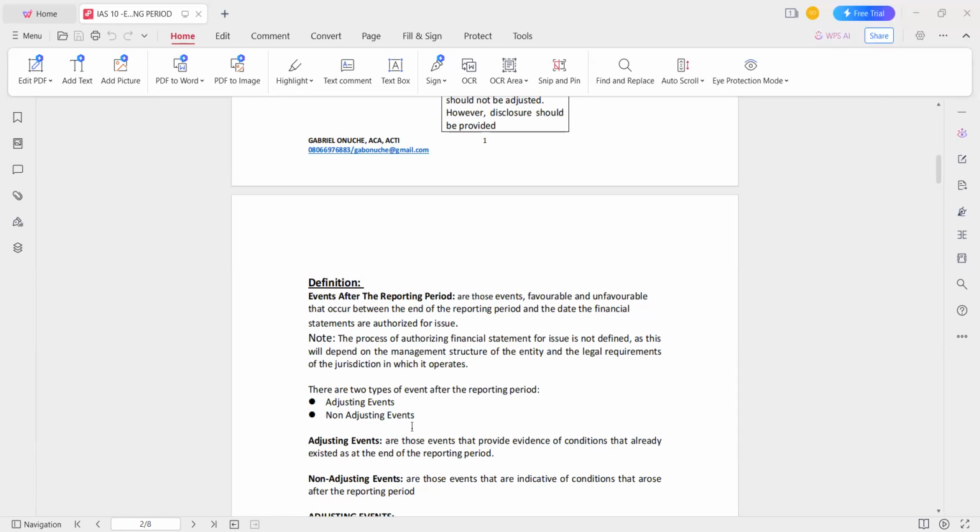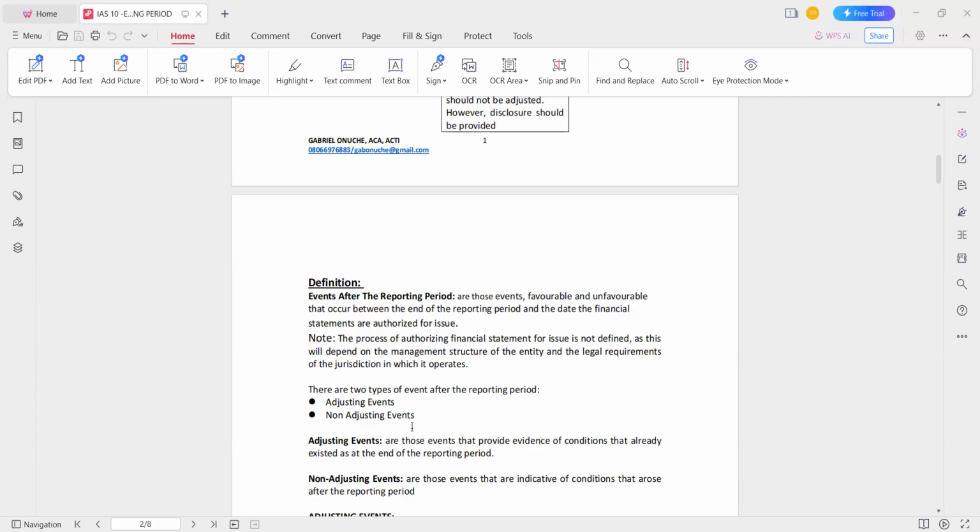Okay, but in most cases there is always delay, and some companies are not pushing their financial reports out even after, let's say, the tax limit of 6 months after the reporting period. In that case, at what point should we have a cutoff point for the events after the reporting period, if it's not approved within, maybe, 6 months?